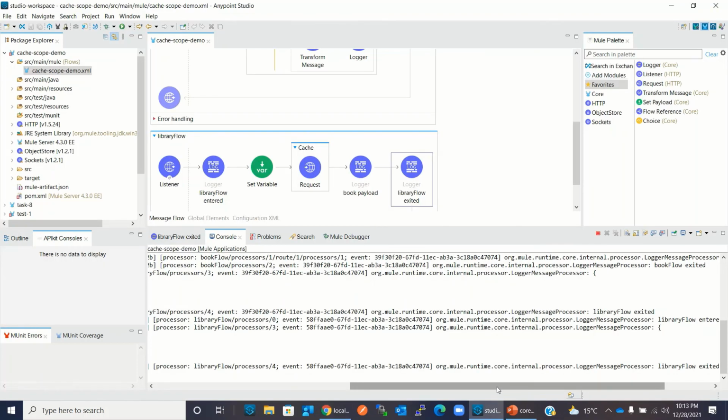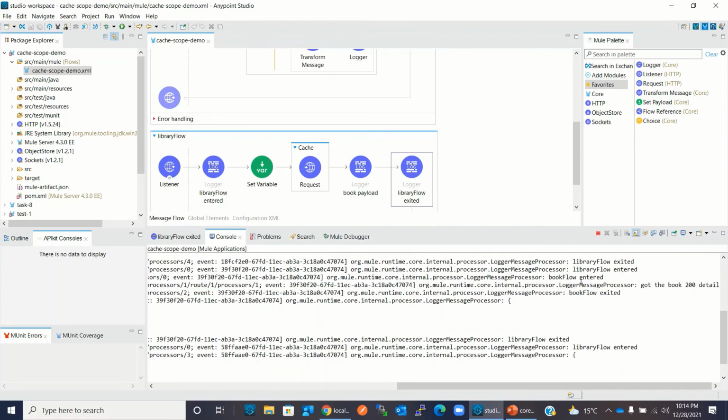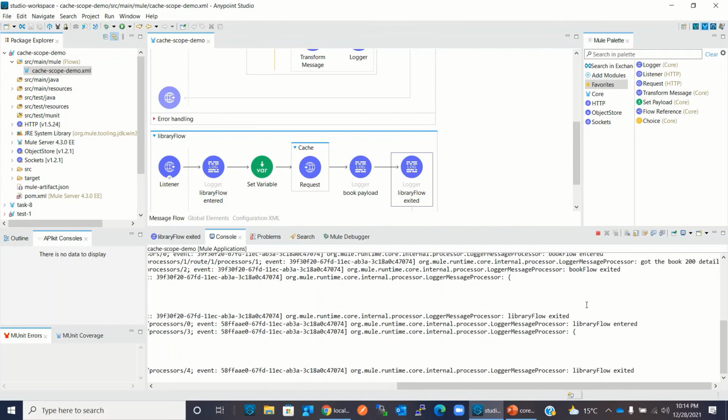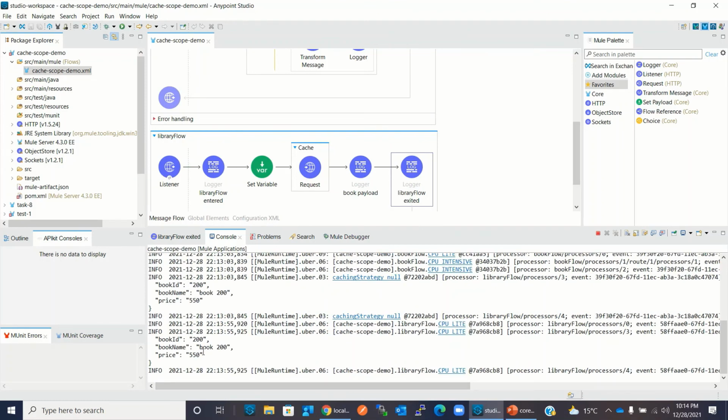Now observe the output. See here, the library flow entered, but there is nowhere it's saying book flow entered. It's here only the first time, and the second time is here. So directly in library flow, it's getting the data from cache and printing this payload. It's not calling this endpoint, it's directly getting from cache and printing the payload and then exiting.